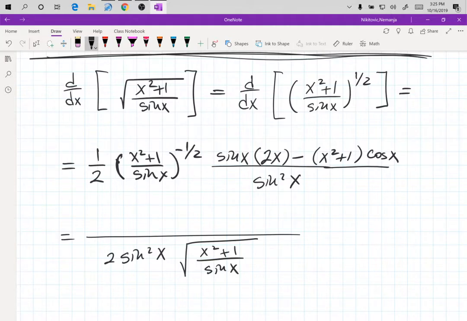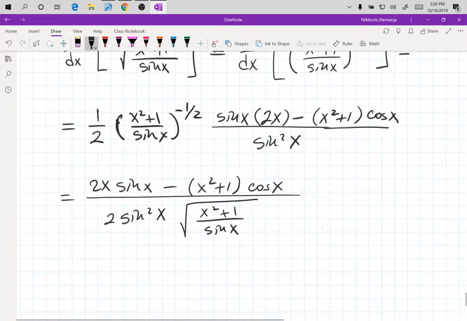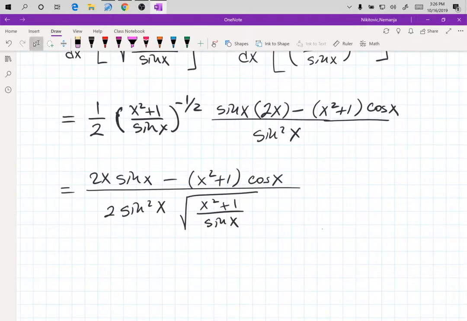And in the numerator we have 2x sine x minus x squared plus 1 times cosine x. And now